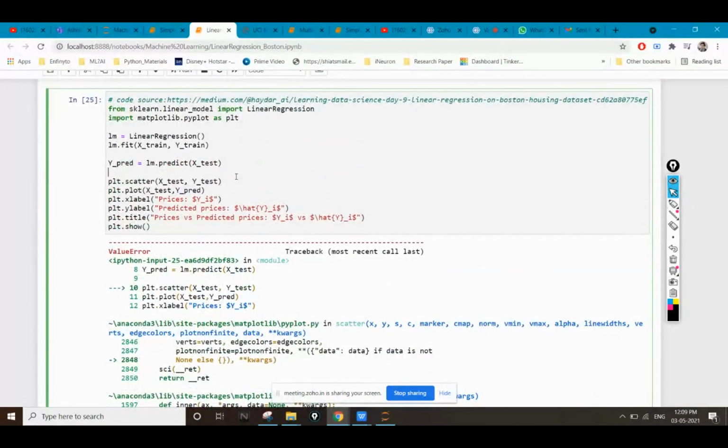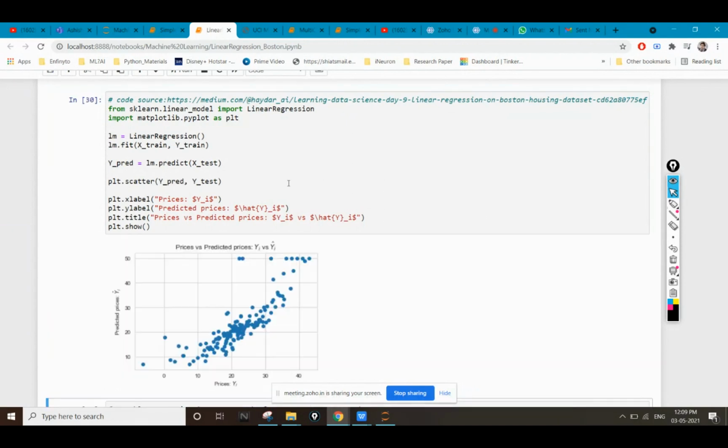So what we can do is plot a scatter plot between the y predicted values and the y test values.